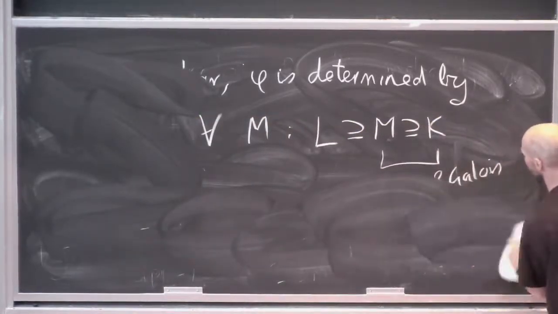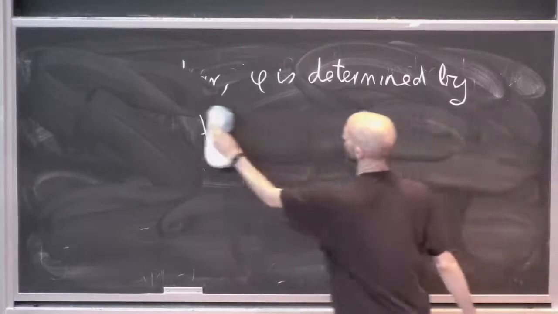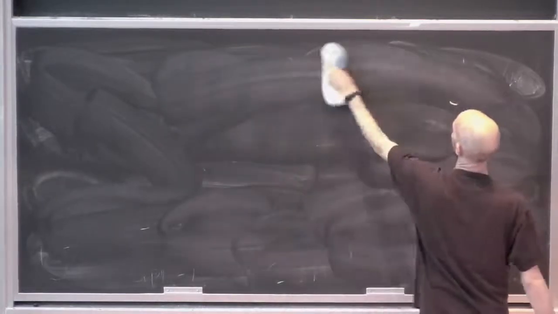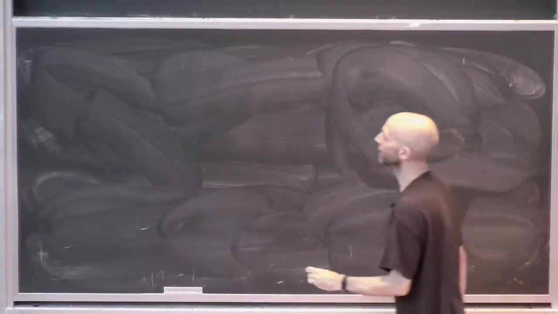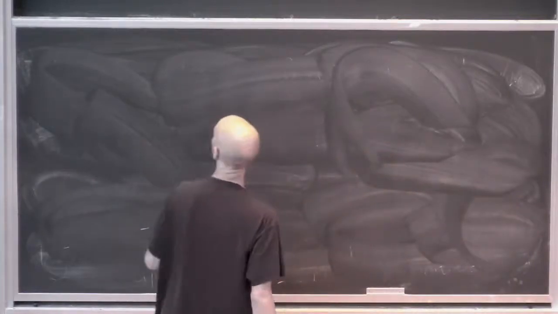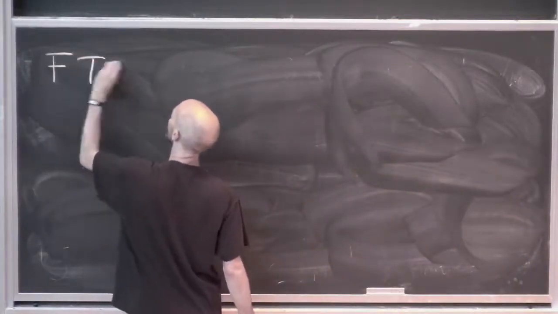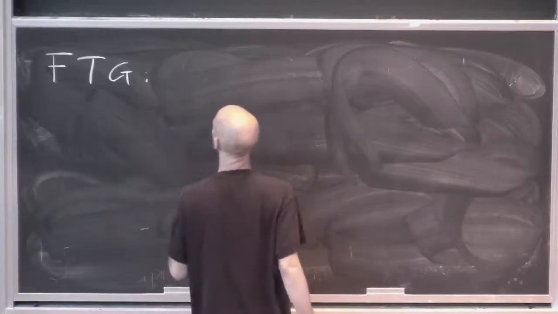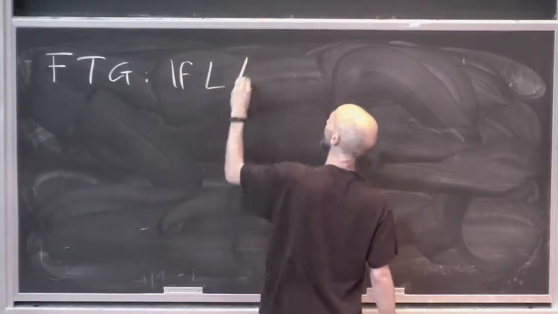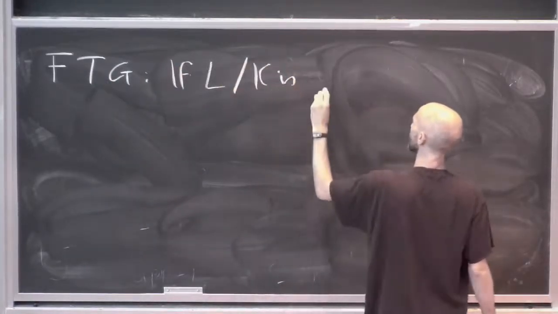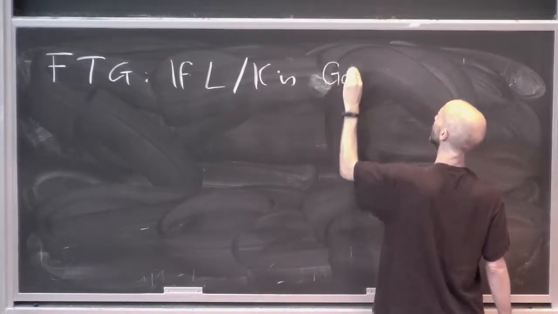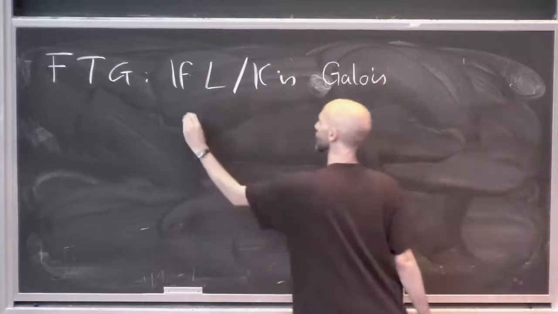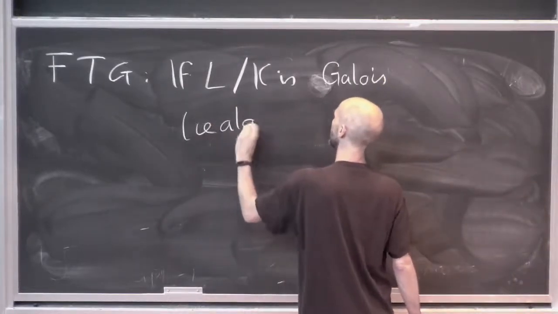And it needs to be mentioned because you can't formulate the fundamental theorem without it, basically. So the fundamental theorem of Galois theory: if L over K is algebraic, normal, and separable, is Galois, i.e. algebraic, normal, and separable,